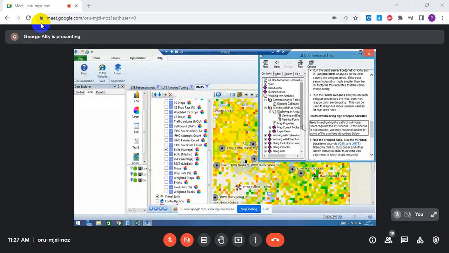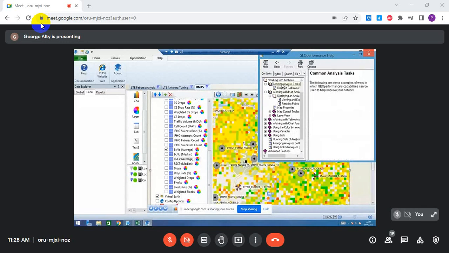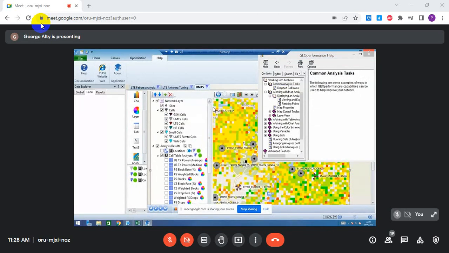So we've got drops there. Some drops and blocks would work in a similar way. We use similar analysis to that. But yeah, you can work with analysis, common analysis tasks. Yeah, that's a good point, that the common analysis. There is another